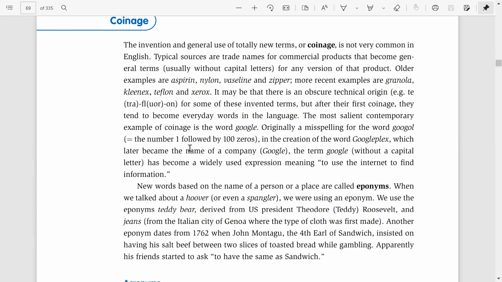The next word formation process is coinage. So in coinage we introduce a totally new word which is introduced in one language. For example, here in English,